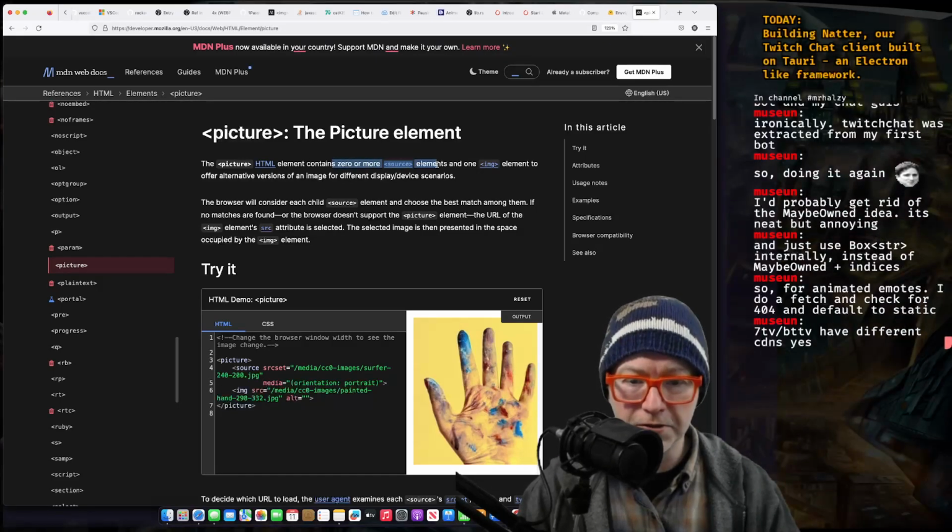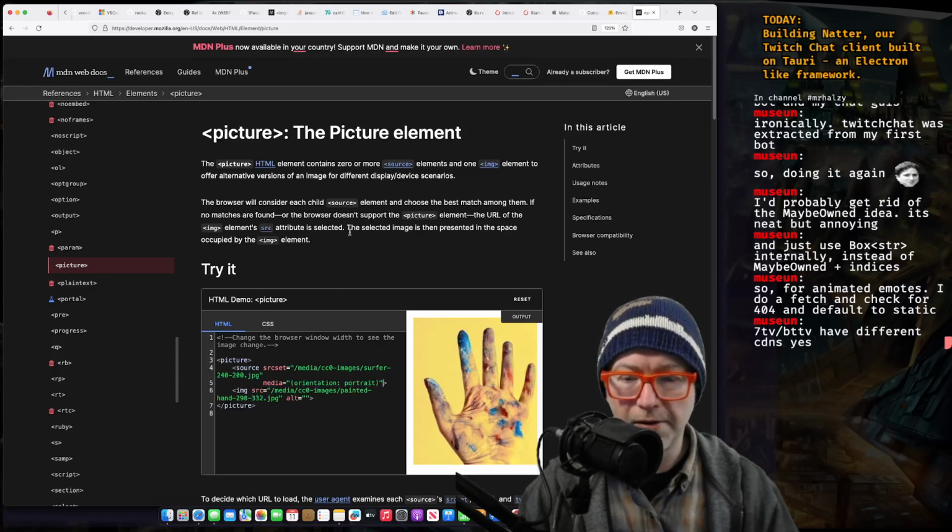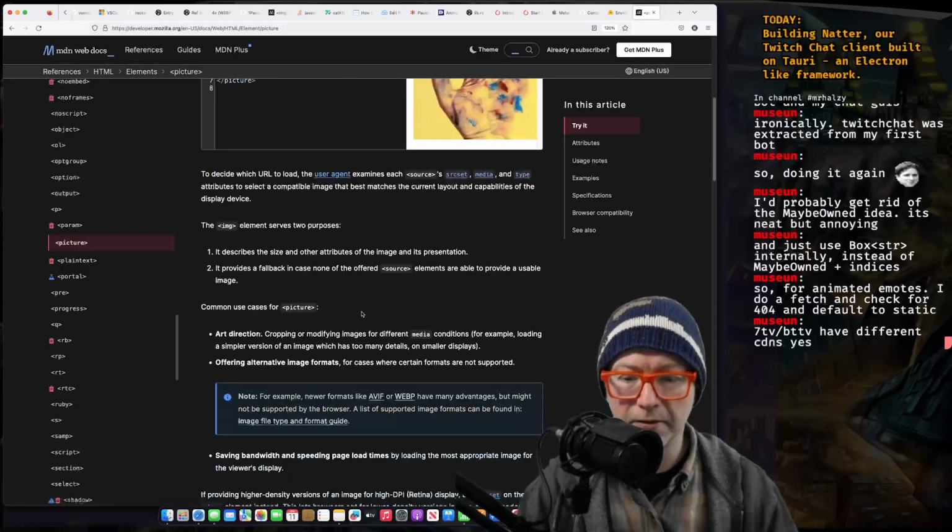So it tries to use the source elements and then we'll fall back to the other one. But that's with media queries, right? Okay. It doesn't just fall back if there's an error.